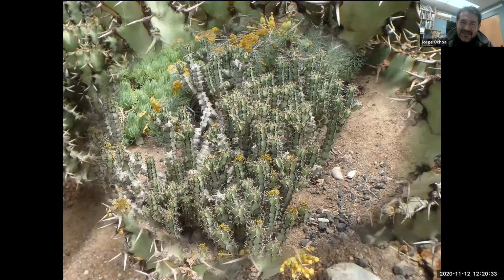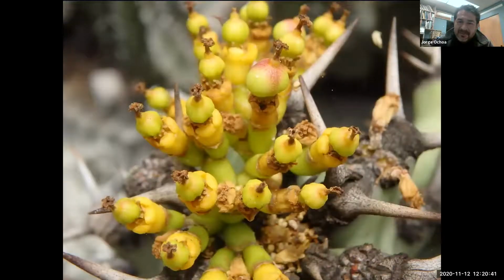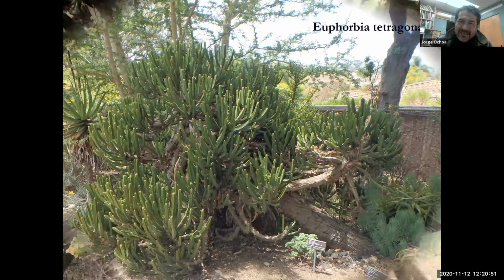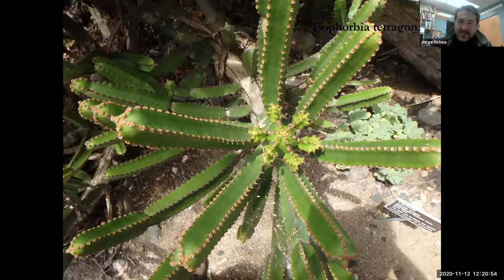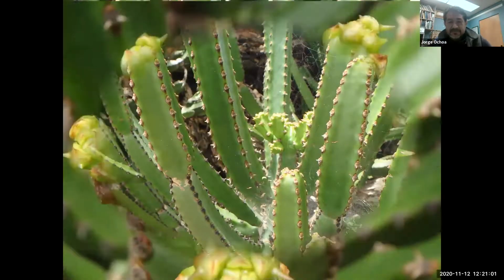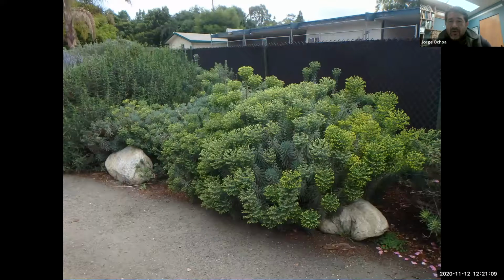Yes, horrid, because it's going to have a lot of defenses. And there's the flower clusters coming away from the spine so that it's not going to hurt the animals or whoever's pollinating it. Or Euphorbia tetragona, tetragona meaning four sides or four knees. And that's exactly what we have here. We have four sides to this plant. Here taken from above and here taken from the side. And there's the growing tip with some of the laterals and probably some remnants of the flowers